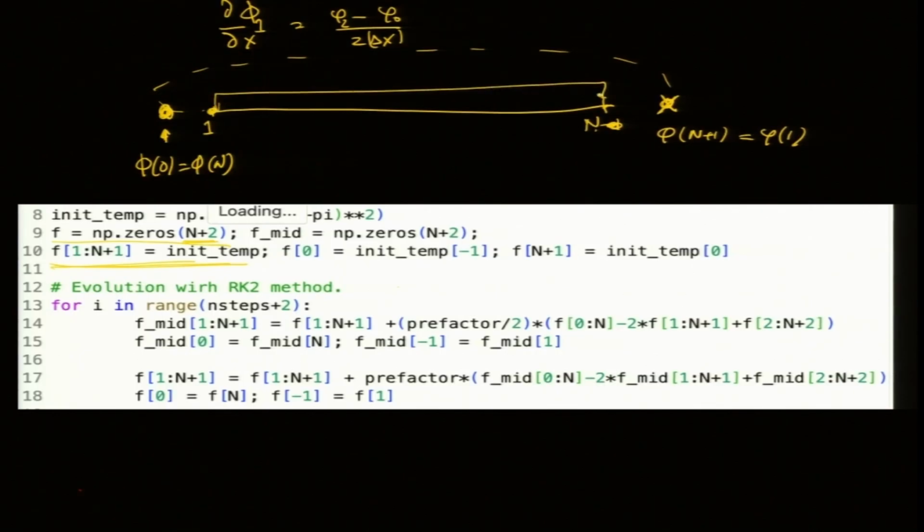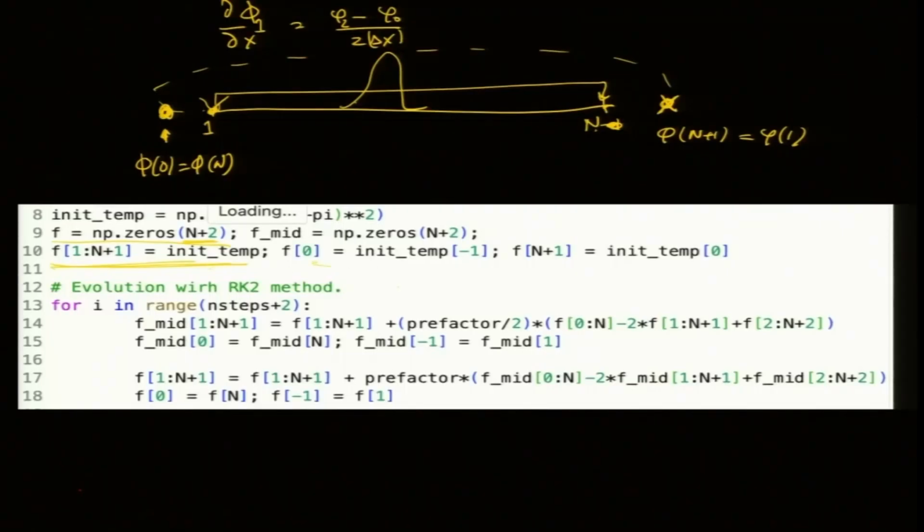and as I said, this region is updated with the initial condition. So it could be an exponential function or Gaussian function, whatever. Typically it is a good idea to take the initial temperature to be something like that. Gaussian, there is a heater in the center. Heater which is turned off, keep it hot, then turn it off. If you keep the heater on, then the diffusion equation is not correct, right, because you need a source. So I set this to the initial condition, but now I need to do this.